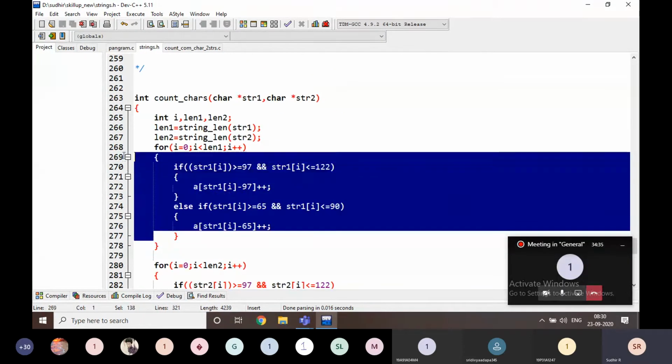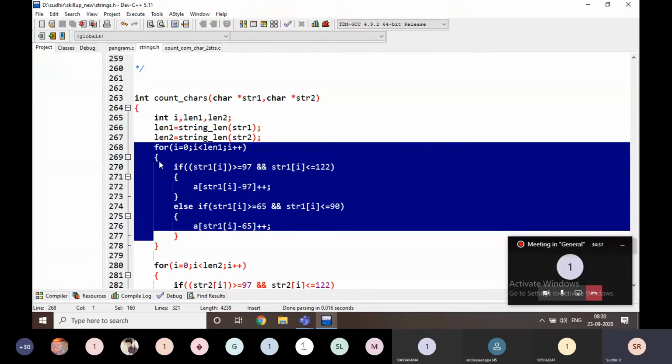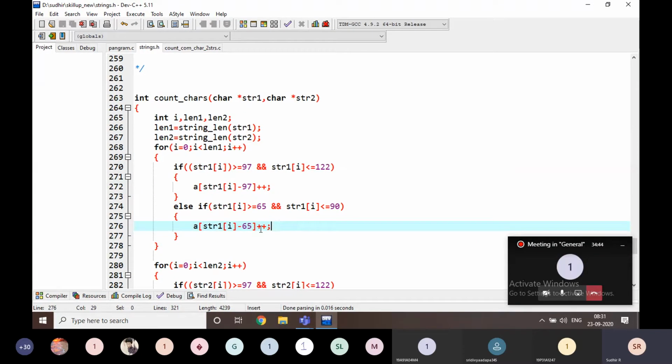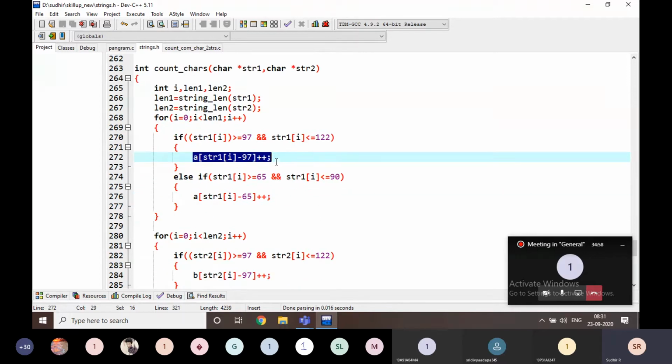Using this first loop, I am going to convert whether it is capital or small. I am not considering whether it is capital or small. Based on that, I am going to make this 0, and 0 becomes 1. If the character is A, I am going to modify the first character as 1. Like that I am going to modify it. But here, not plus plus, here I am going to change it as 1. If it is plus plus,